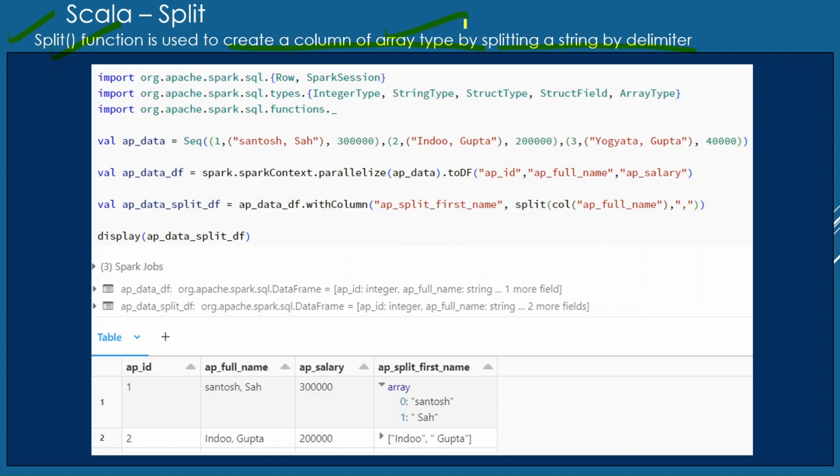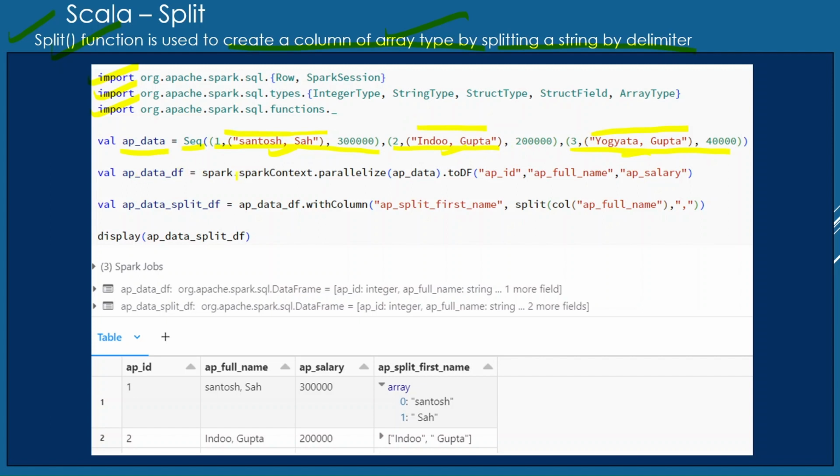So what I am doing in this exercise, I am importing all the required libraries. I am creating a variable which is going to hold the data, with the help of a sequence. I am storing three objects in it. And you can see there is an element which has a string separated by comma. Here this string is separated by comma. This string also is separated by comma.